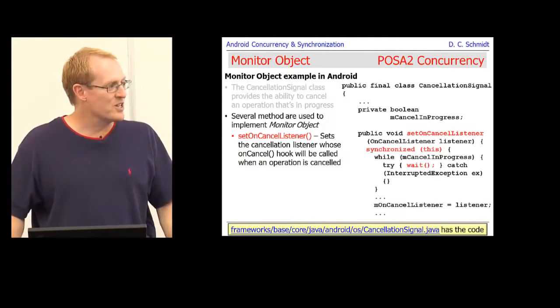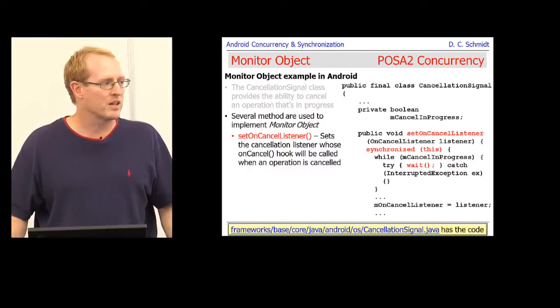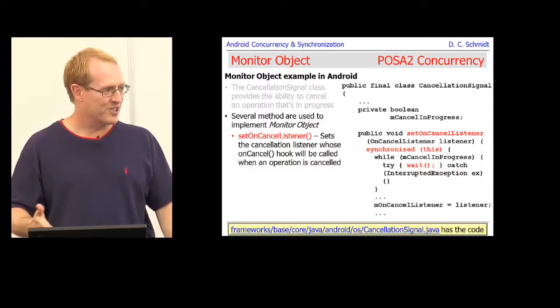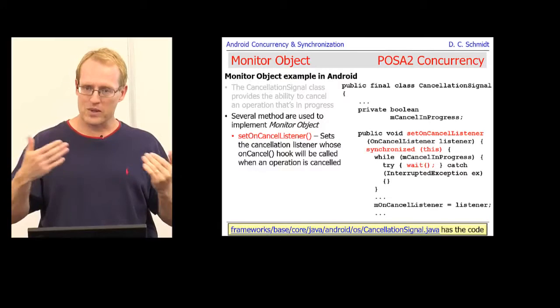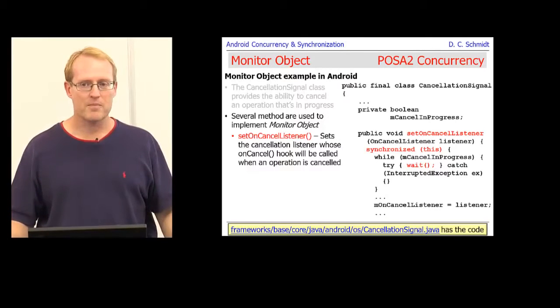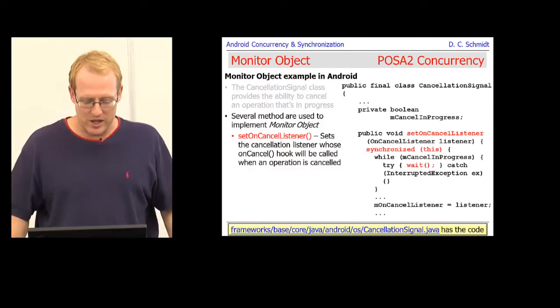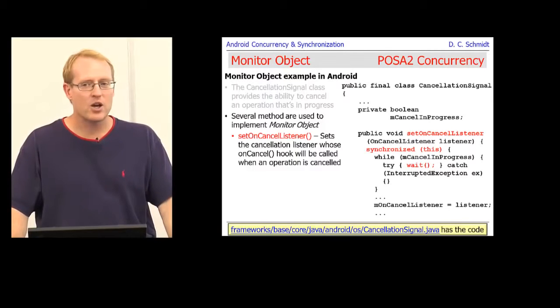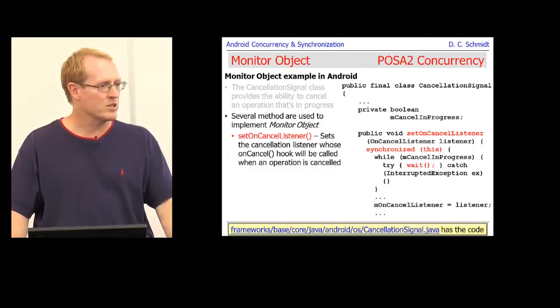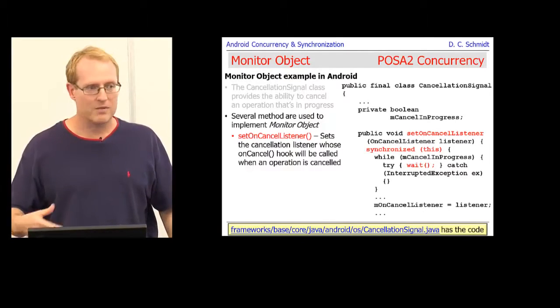A cancellation listener will be called, and it can do something to basically cancel the query and get things so that it'll return without running for its full length of time. Now, there's a couple of things to note here. First of all, this is typically code that's done by infrastructure software. You as an application developer rarely use this,